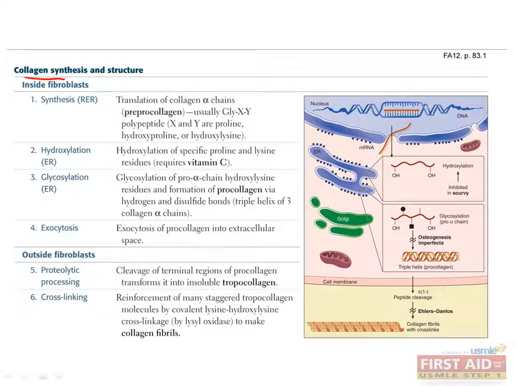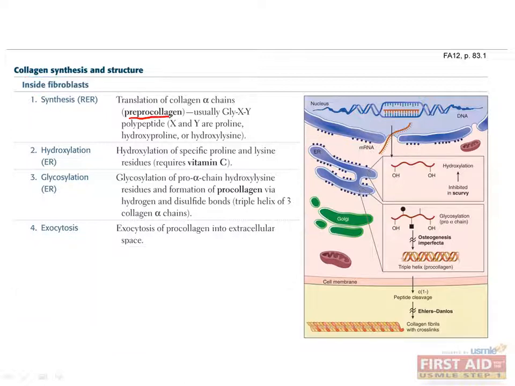Most collagen synthesis takes place in fibroblasts. There are several intracellular and extracellular steps that lead to the final collagen molecule. Protein synthesis, hydroxylation, and glycosylation all take place inside the cell, and proteolytic processing and cross-linking takes place outside. It's important to know which steps occur in which subcellular compartments, and the particular residues that are modified are often tested as well. The pre-pro-collagen alpha chain is synthesized in the rough ER, and then hydroxylation and glycosylation both occur